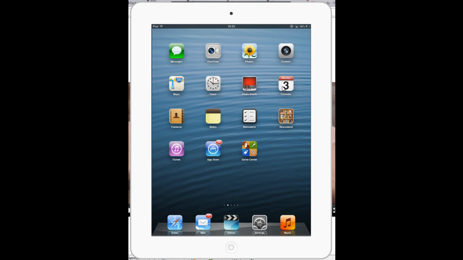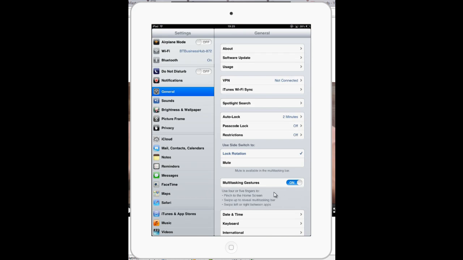How you actually change that is you go down to here, and you see the settings, looks like gear cogs. If you push that with your finger, you go into the settings. There's many settings for the iPad, but all we're interested in is if you tap on General, mine's already selected here, and you go down to here where it says use side switch to lock rotation or mute. Okay, so if I change that, if I tap mute, okay, so I've tapped mute,